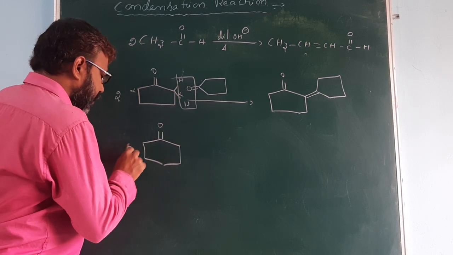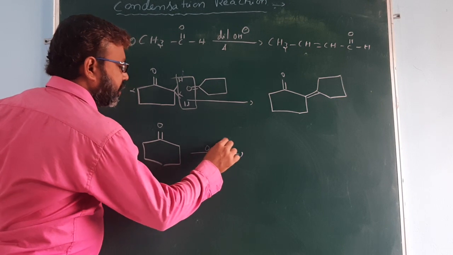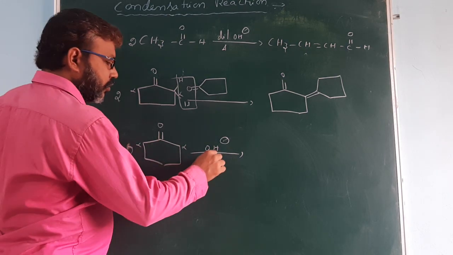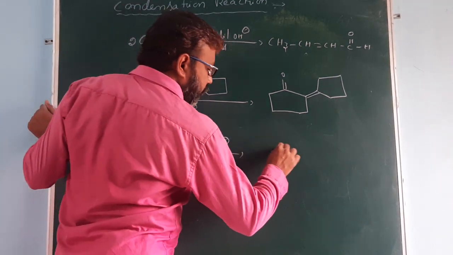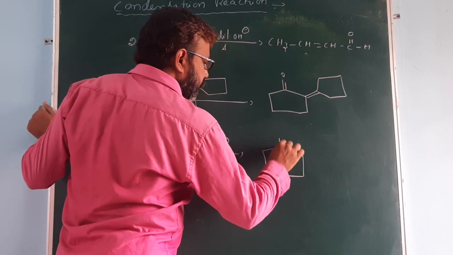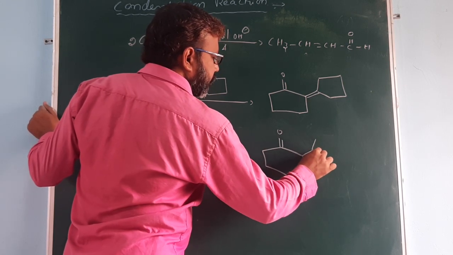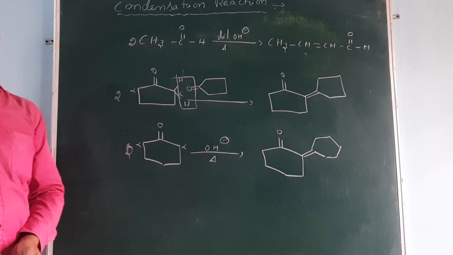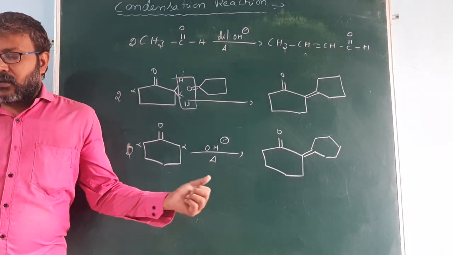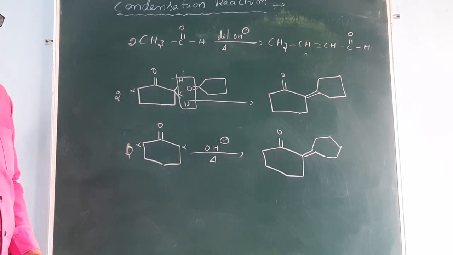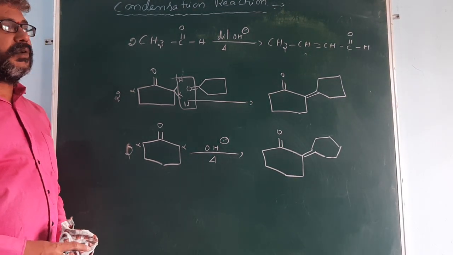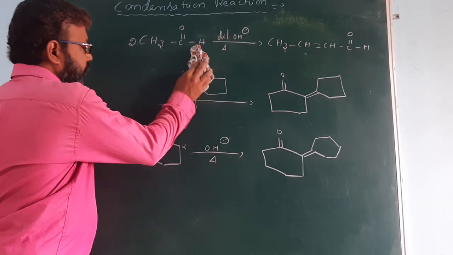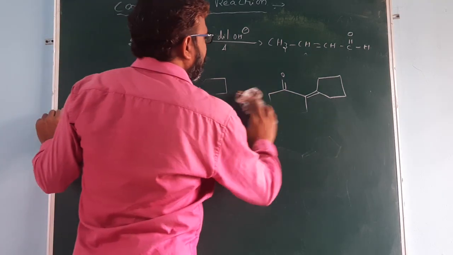So this is another example. It reacts with the basic medium. You get which product? So it is alpha carbon, it is alpha carbon. So we maintain the temperature. Removal of water molecule. We get this product. Okay. So in aldol condensation, which product is mainly obtained? If it maintains the temperature, you get the alpha beta unsaturated product. If not maintained at that temperature, you get aldol. Okay. So it is a self aldol condensation.